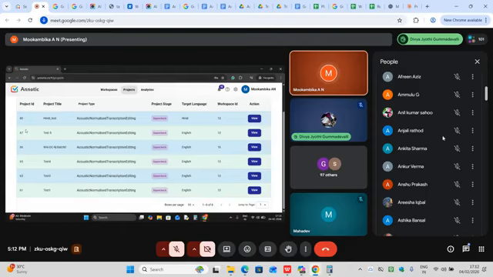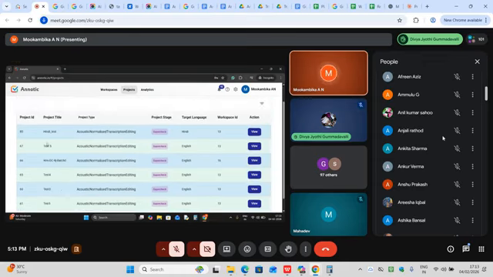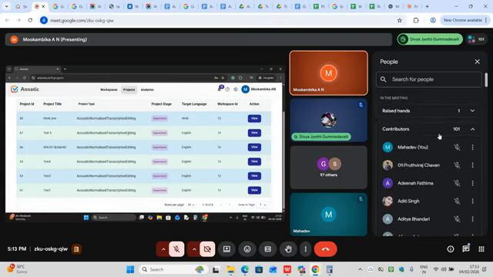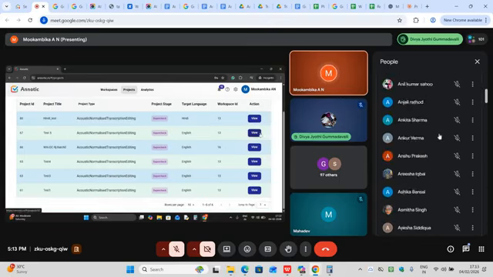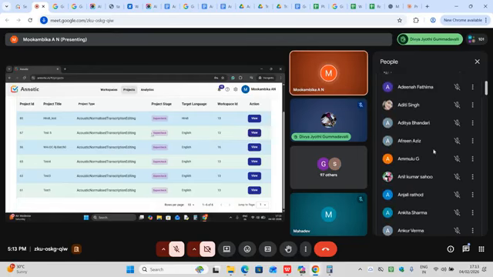So I hope you understand the login process. What you need to do is just open the link, then enter all the credentials such as your mail ID and the password. Once you enter, your project is assigned in the portal. When you look into that, whichever is your project, you have to click on the view button. Here you can see a project stage.